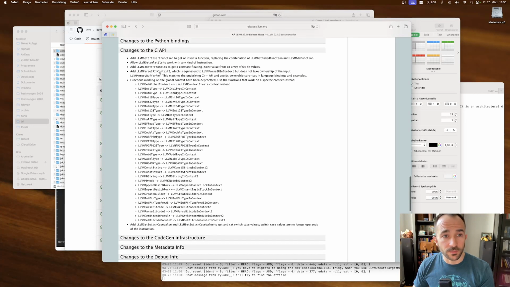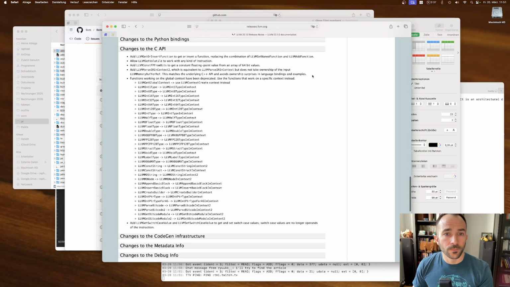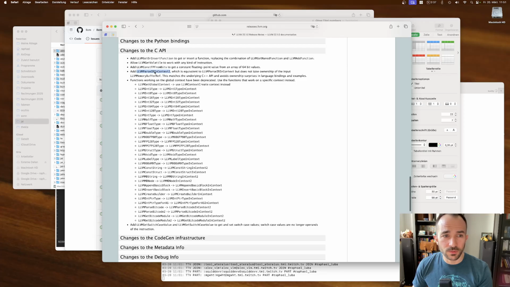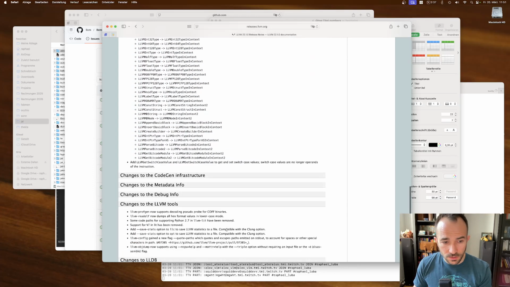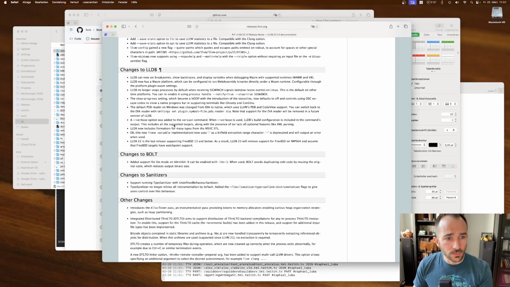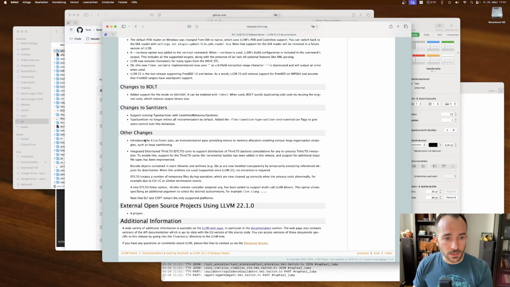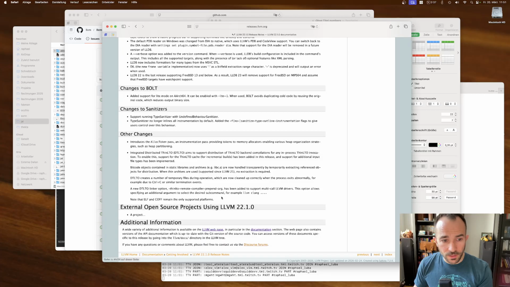Backend changes, C API. I looked at this. Seems harmless. Doesn't seem like there's anything in here that I need to do. Okay, we can use this, but we don't need to. Maybe this is some, but we don't use that. These have been deprecated, so I don't see any change in here. We don't use the LLVM tools. We don't use LDB. Other changes. Nothing in here. These are also external open source projects using LLVM. These release notes are so ridiculous. Okay, nothing here